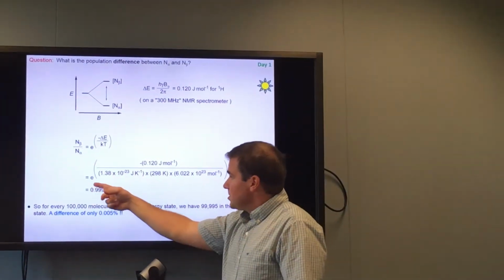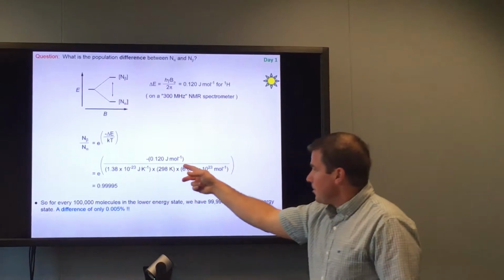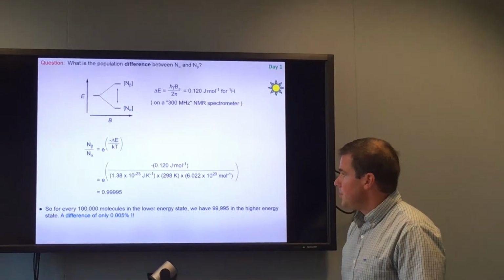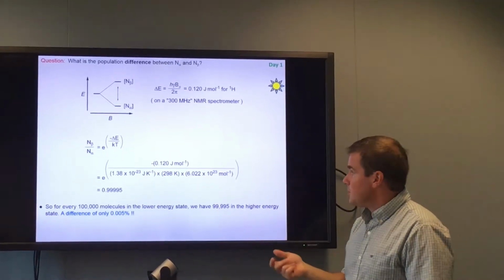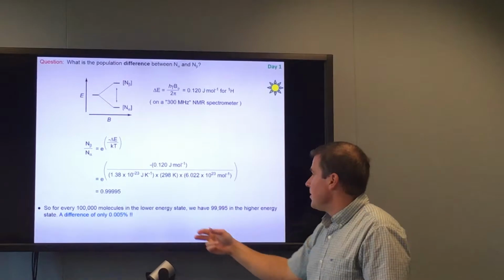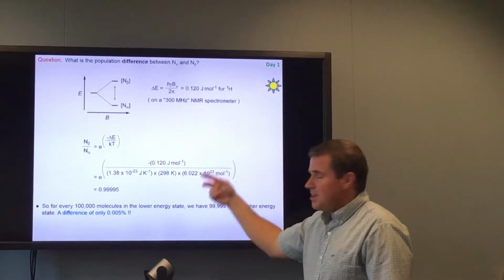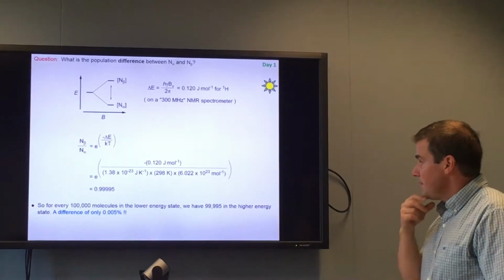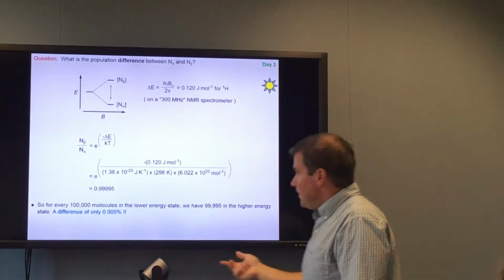So that ratio must be equal to e to the power of minus 0.120 joules per mole divided by the Boltzmann constant, let's say at room temperature for the sake of argument, times Avogadro's number, 6.022 times 10 to the 23rd. We get this ratio,